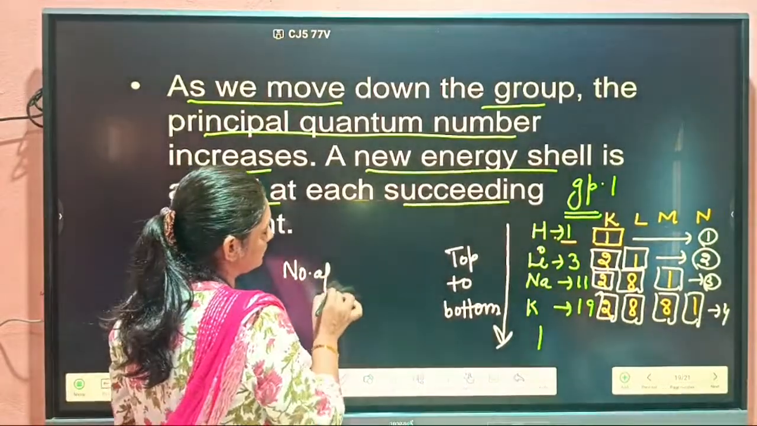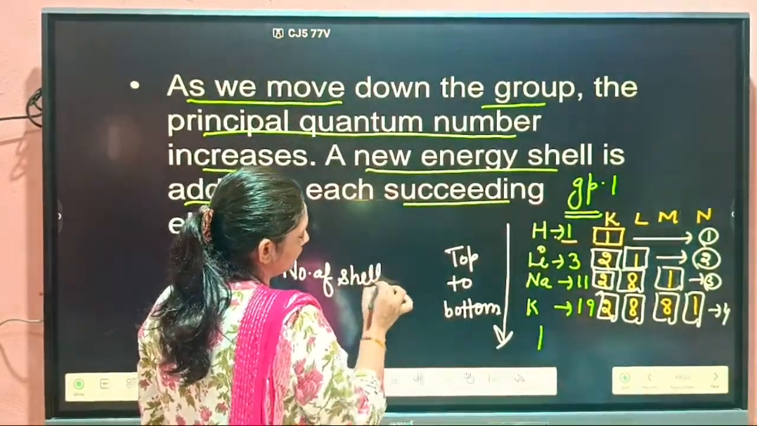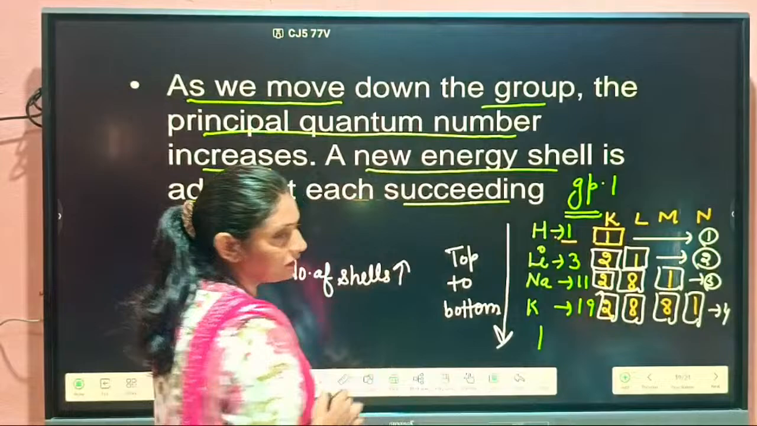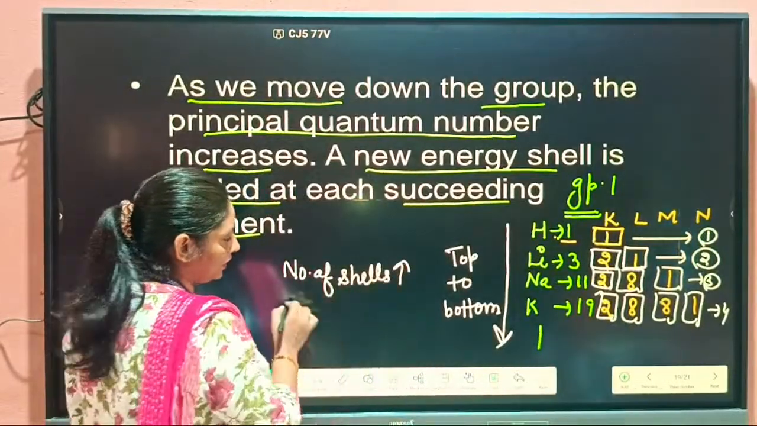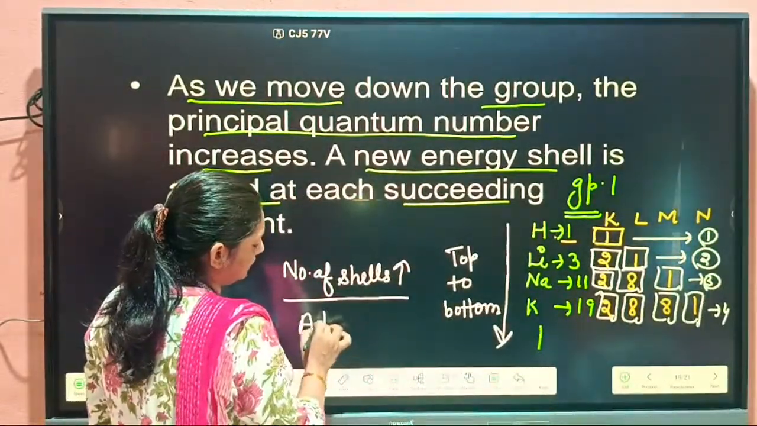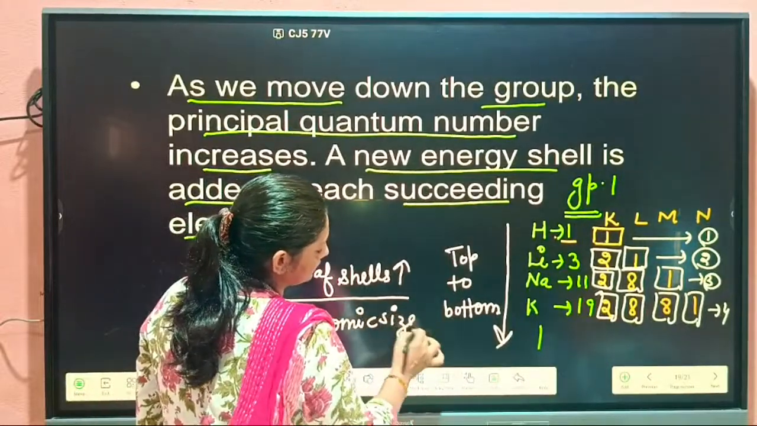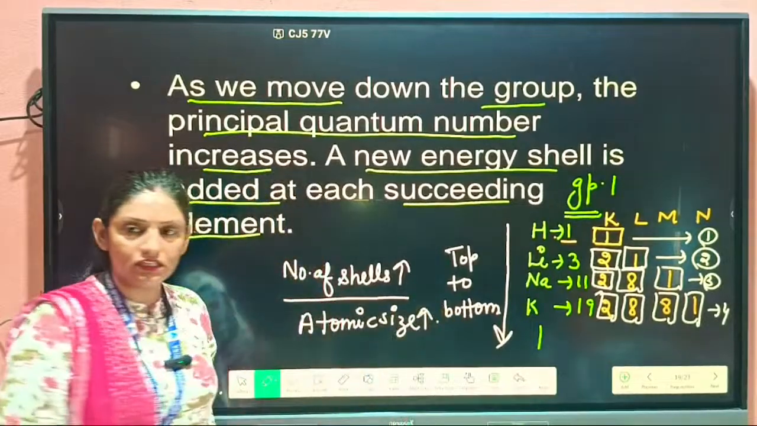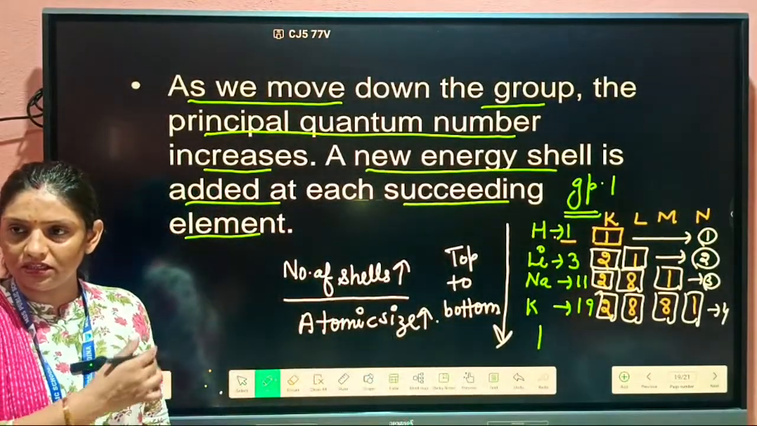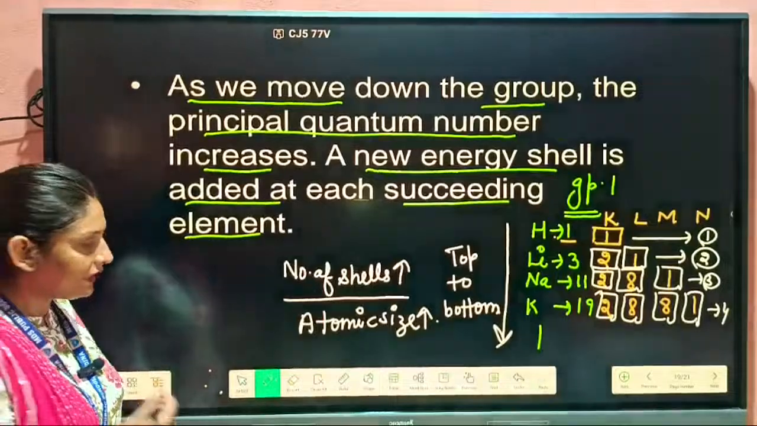The number of shells increases. If the number of shells increases, then atomic size also increases. This is the first reason. Is this clear to you or not? Yes. Second one,